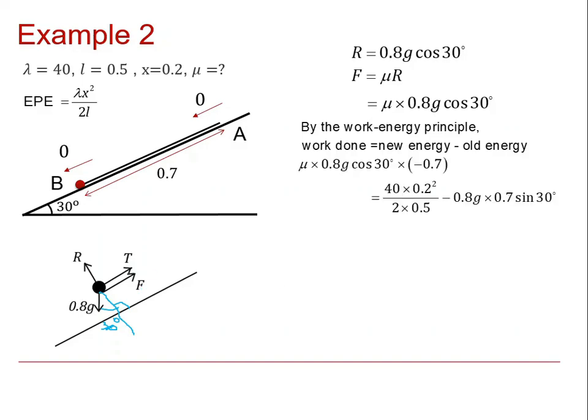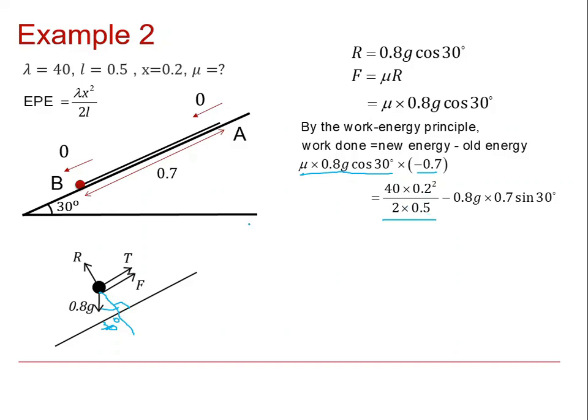So there's our equation. Here's the friction. Now that's pointing up the plane and the motion is down the plane 0.7 meters, so hence the minus sign. The right hand side has the final energy. Now that's the stretched energy, because at that stage the string has stretched by 0.2 meters. So you have the lambda times the x squared over the 2 times the L, and you subtract from that